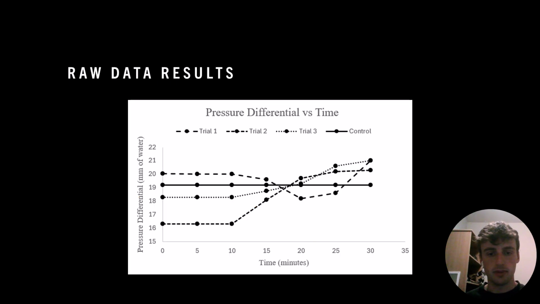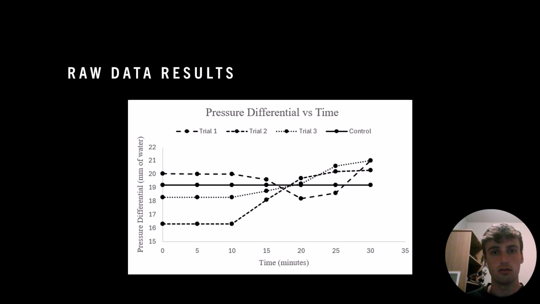So here's the data from that last data table visualized in a graph. You can see we have time on the x-axis and the different pressure values on the y-axis. The control test is shown by this solid line. You can see that it stays constant the whole time. Trial 1, 2, and 3 seem to start deviating around the 10-minute mark. That's when the pitot tube starts to ice over and that static and dynamic hole start clogging, and it's throwing